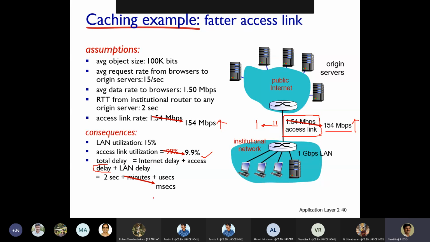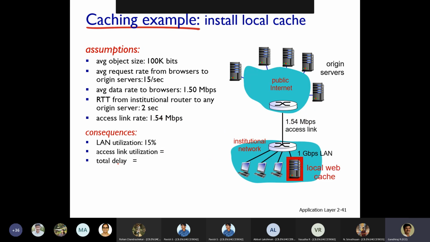Hope everyone can understand that. For this, we have to spend some investment on increasing the data rate to 100 Mbps connectivity. So finally, to increase the speed, the delay has to be reduced. So how to reduce that? This is one way, but the cost to increase the access link speed is not cheap. So what are the alternate solutions?